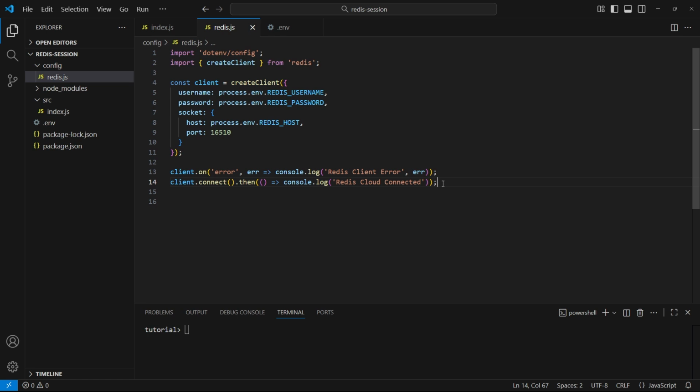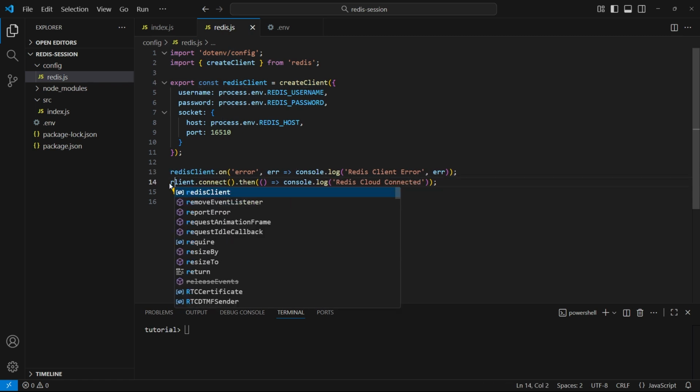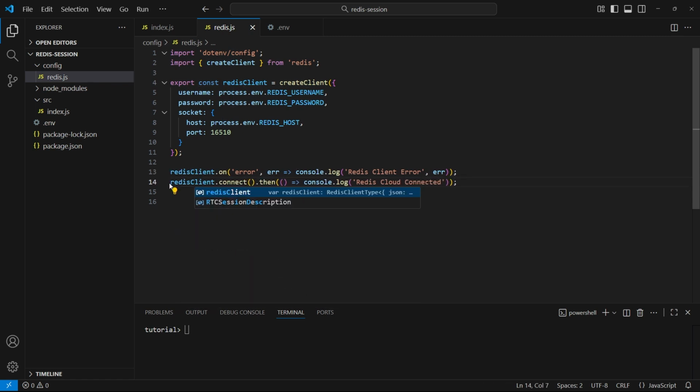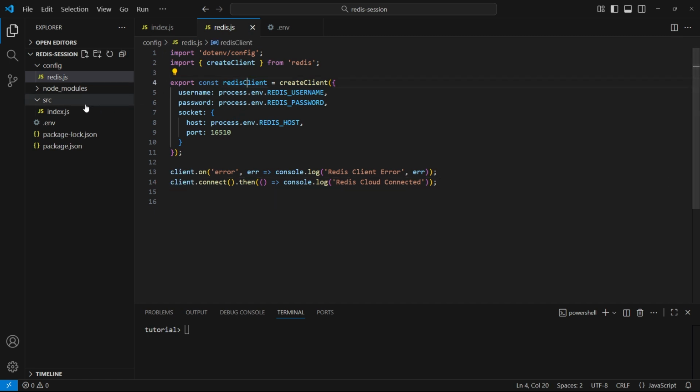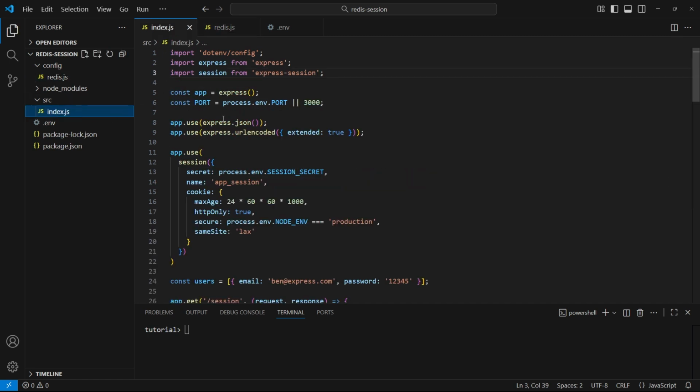Now, since we're gonna use this client in our index.js, I have to write export here. And for better naming, I'm gonna rename our client to Redis client. Just make sure to change the name here, because otherwise the Redis client won't work. Redis client and Redis client. After this, we're gonna go to index.js and finally set up the persistent Redis